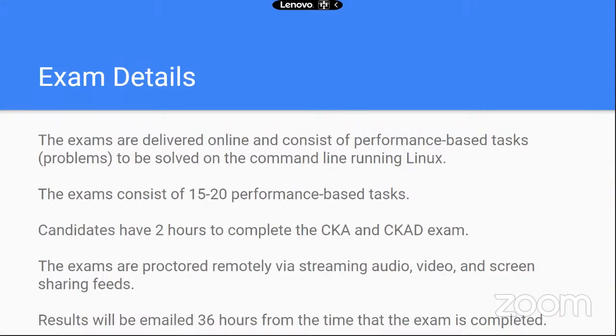The exam is delivered online, and you can take it from anywhere, at the comfort of your home as well as in your office. So there is no limitation of location. The exam consists of 15 to 20 performance-based tasks, but to be exact, right now the current version of the exam has 17 questions. It may or may not change. That is up to